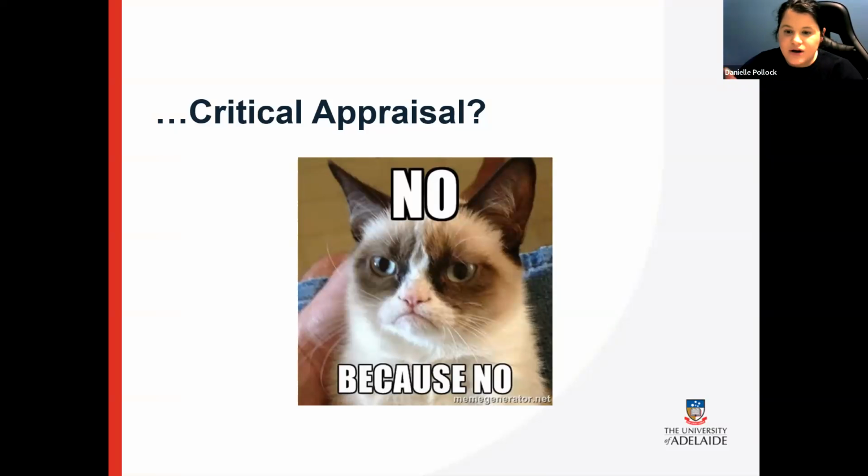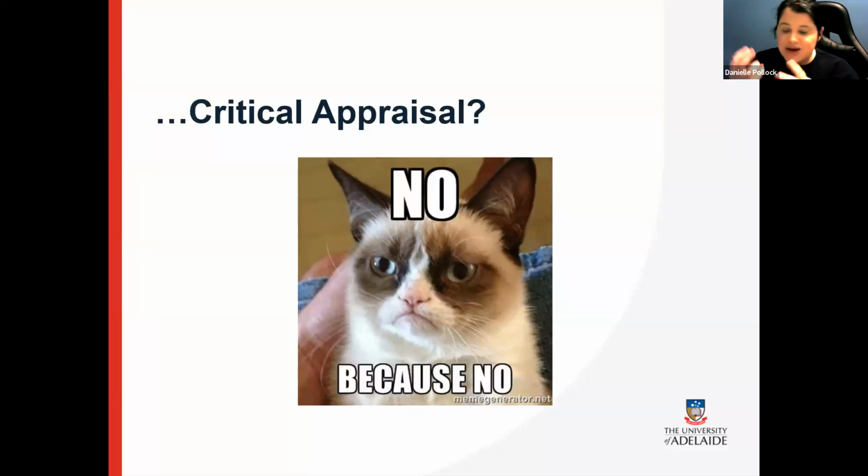And that is because, again, the findings that we are collating and analysing are not going to be used as evidence for clinical practice change. And so we don't really need to do critical appraisal and risk of bias. It's not going to tell us much. Plus, with so many different sources involved in a scoping review, it's probably not going to give us any answer that we need.